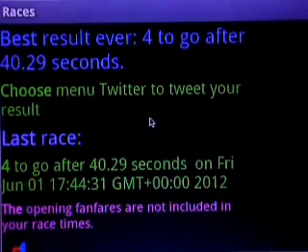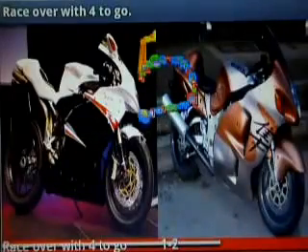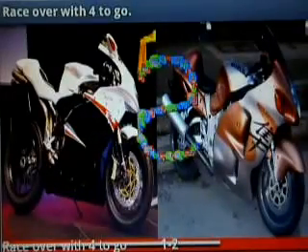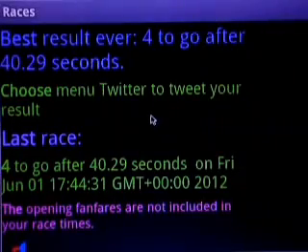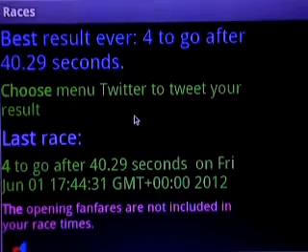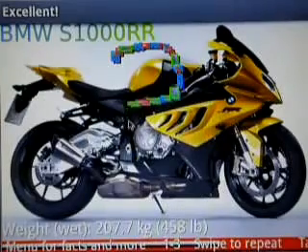the race results, so I can look to see what my last best time was. If I want to see those race results again, then I draw a backwards S. And there we are. I can refer to those results at any time. Tap to continue. Now, if I draw a question mark on the screen, it takes me into